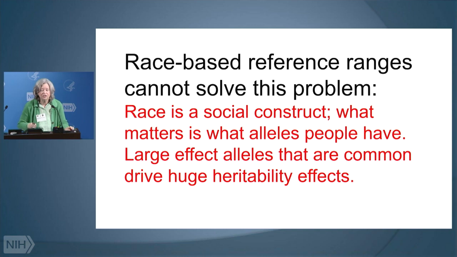Race-based reference ranges cannot solve this problem. One-third of African Americans are not Duffy homozygotes. The distribution of their white cell counts looks like everybody else's distribution of white cell counts. It's not about the social construct of race. It's about what alleles you have, and